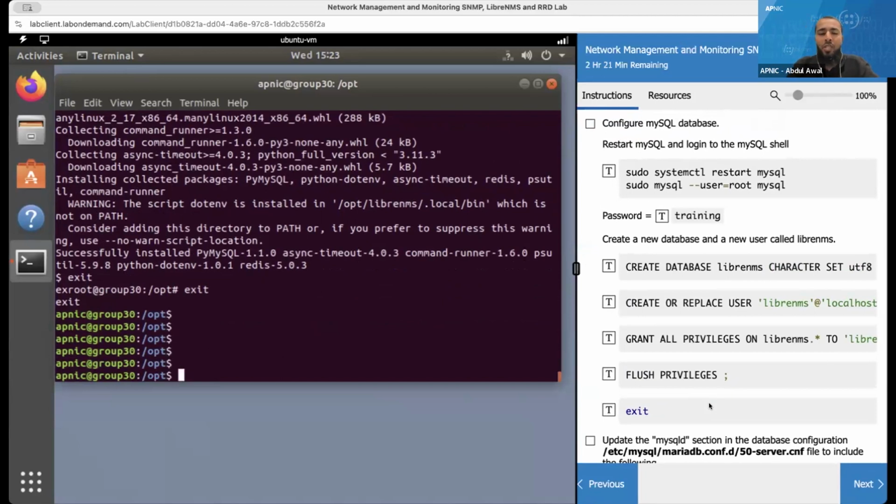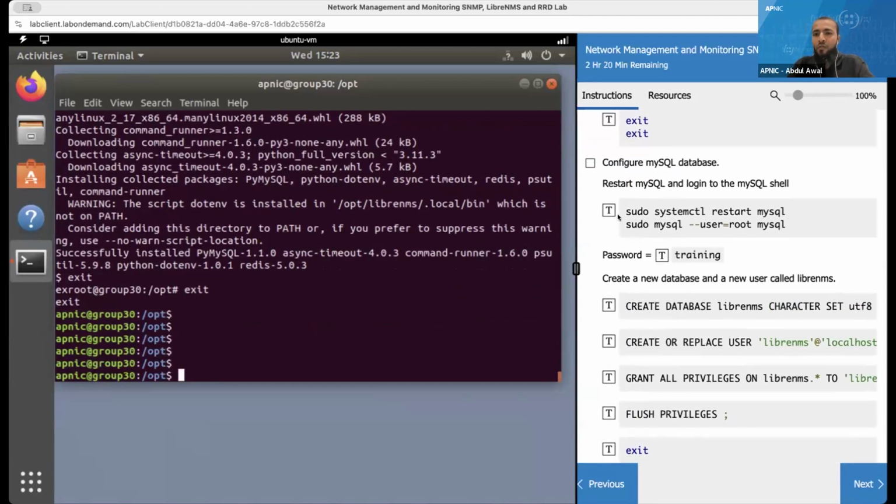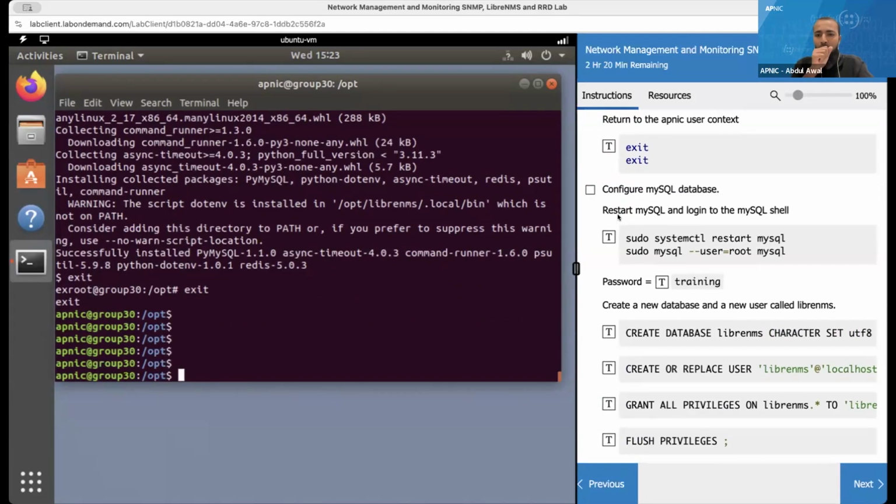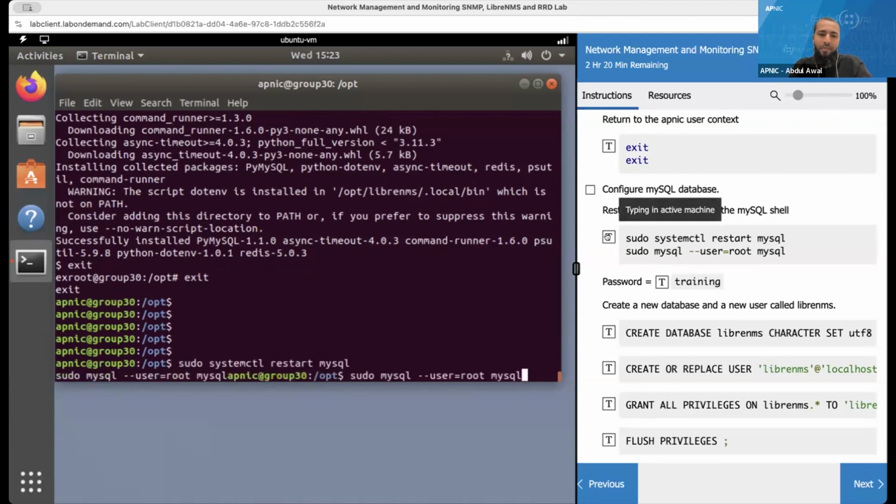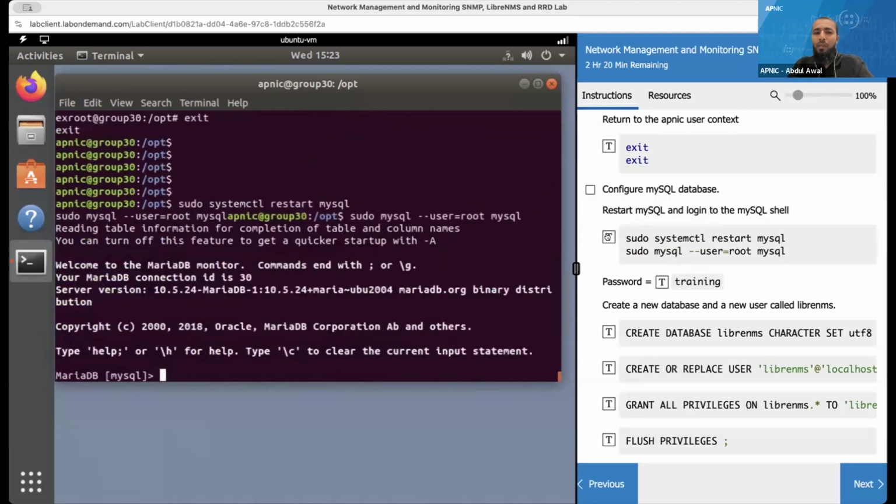So far, we have just installed all the dependencies and applications, and now I have to configure the MariaDB or MySQL. Sorry. Okay, so restart MySQL and then go to MySQL as user root. That is the command it's saying. Okay. Enter. So I'm now in the MySQL database config